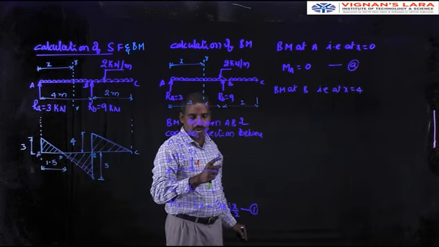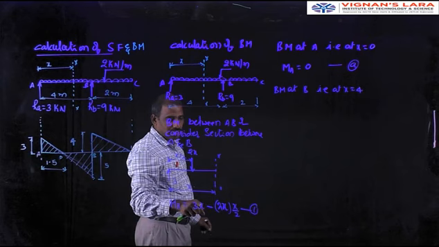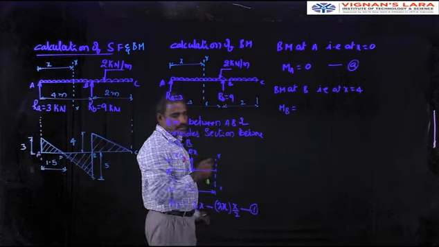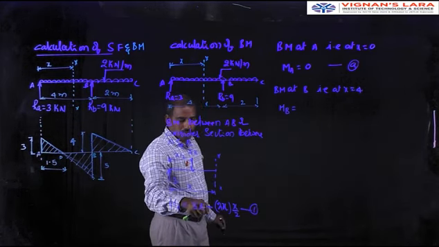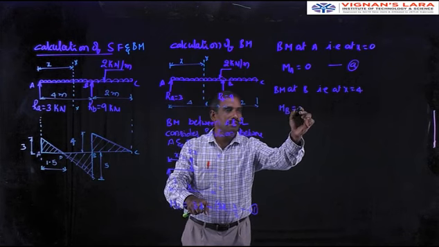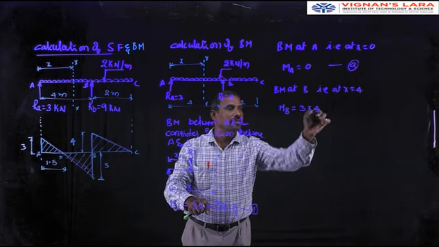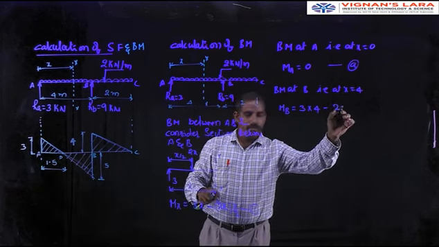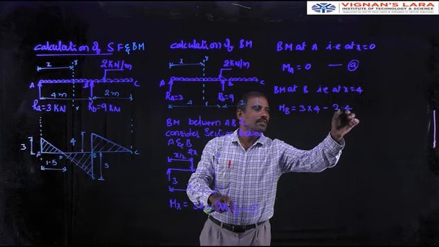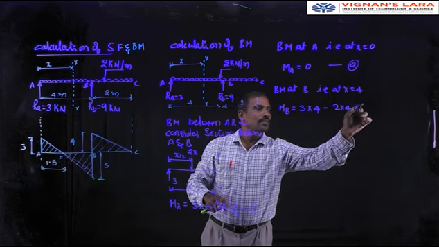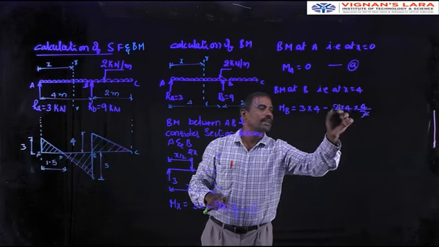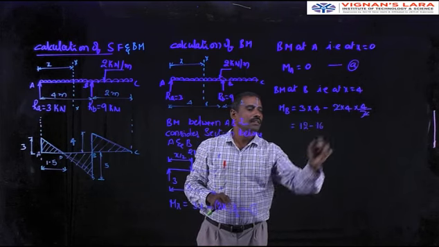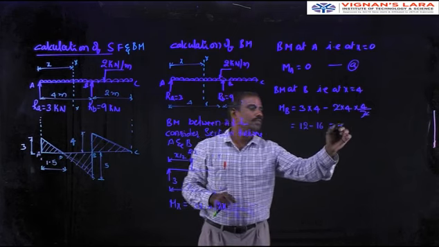So it means substitute x is equal to 4 in equation number 1. Therefore MB, what about the bending moment? That is equal to 3 into 4 minus 2 into, what about the x? x is equal to 4 and again 4 by 2, 2 cancel. What about that value? That is equal to 12 minus 16, that is equal to minus 4